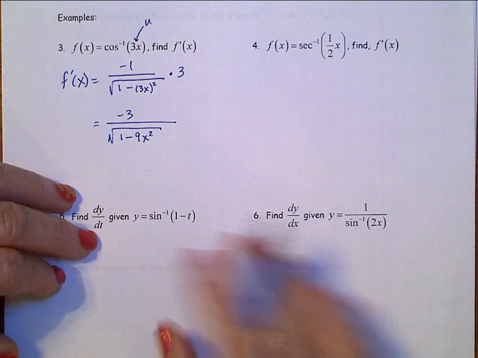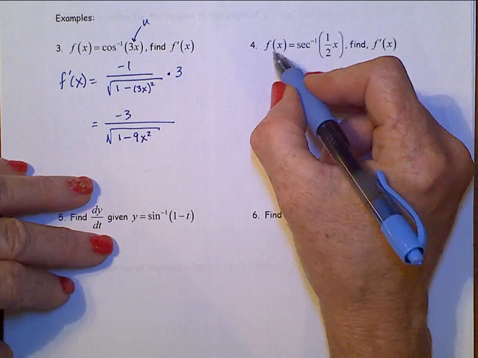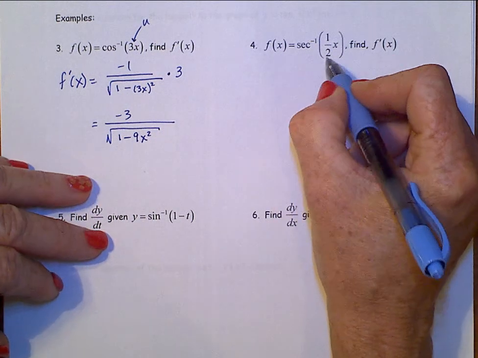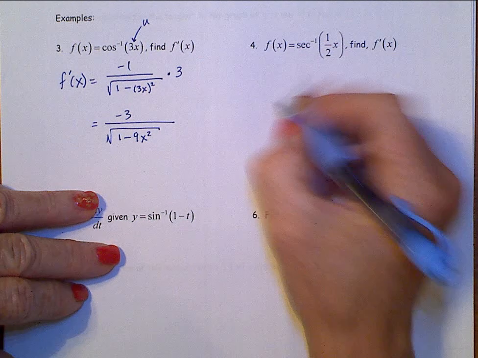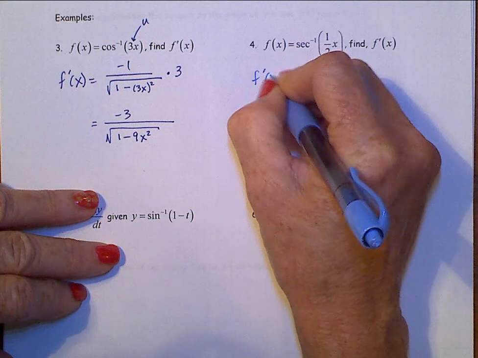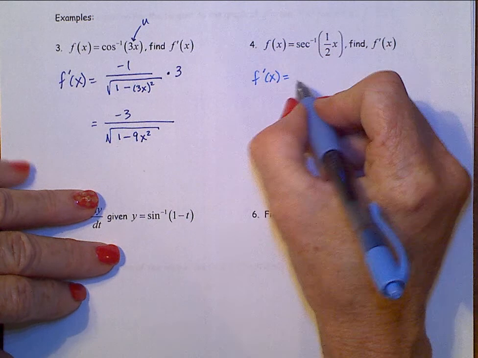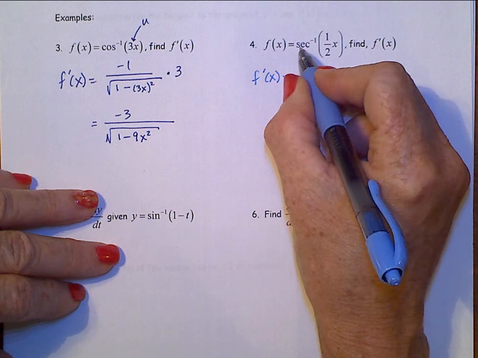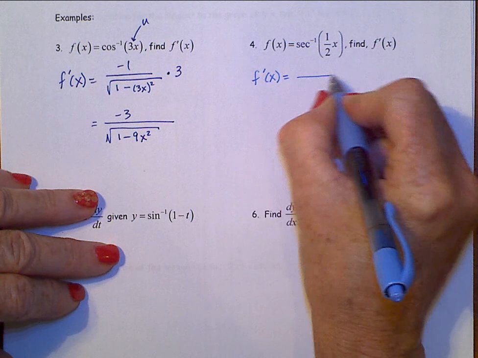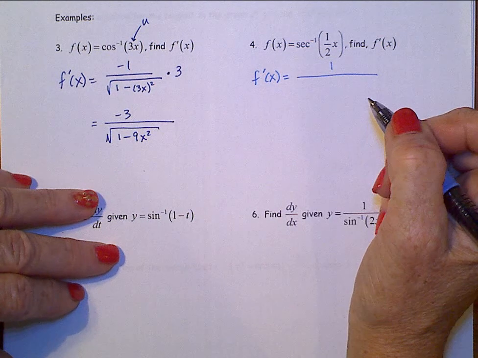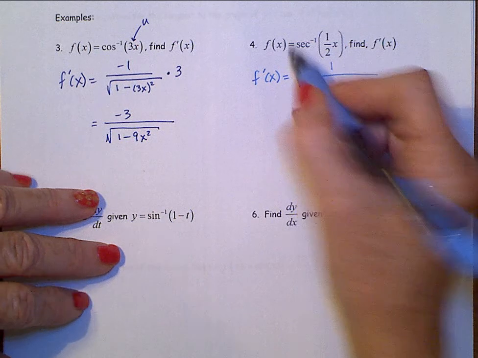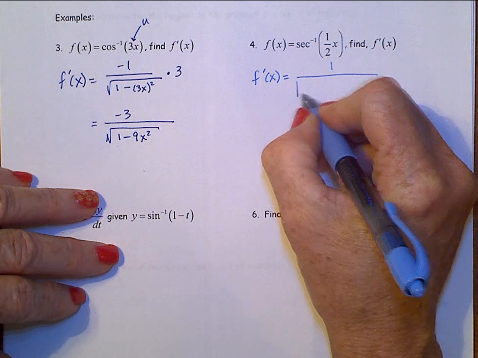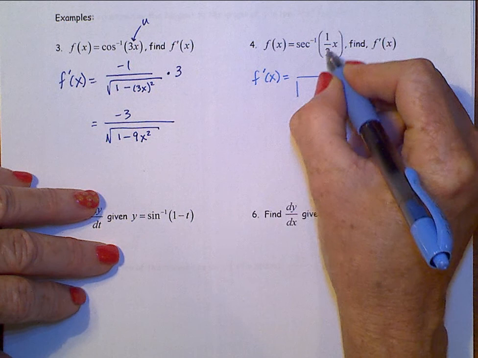Let's look at this next one. F of x is inverse secant of a half x. Find f prime. All right, so here we go. F prime of x. This is secant. It's not a c function, so we know we have a positive one in the numerator. However, it is the more complicated of the derivatives, and that's going to be absolute value of the u, so absolute value of a half x